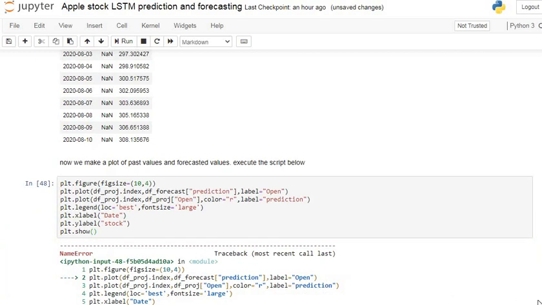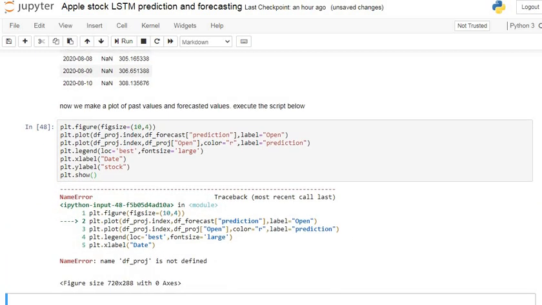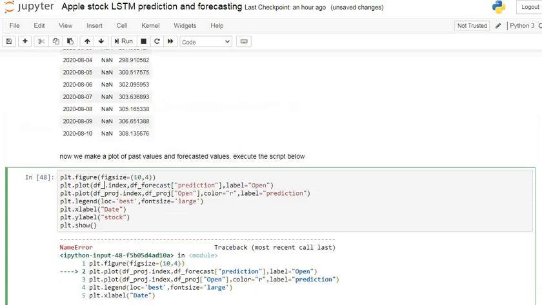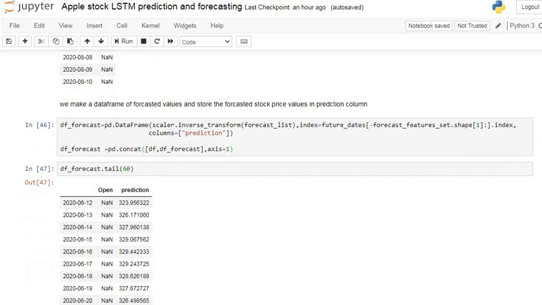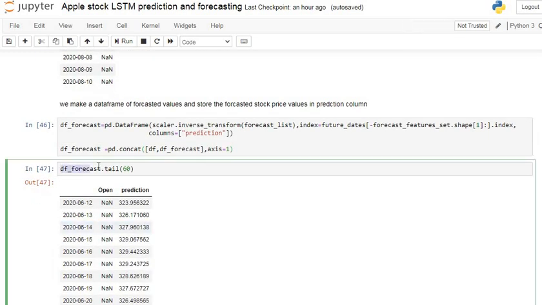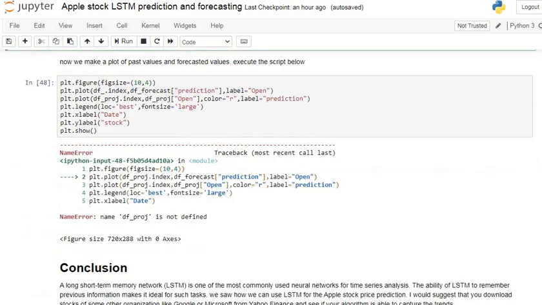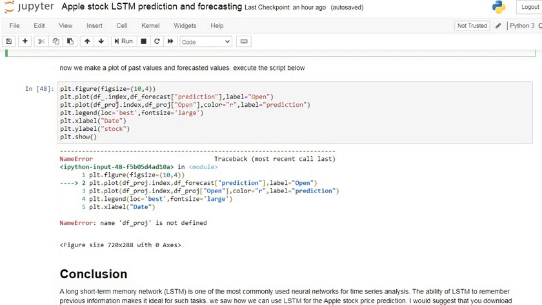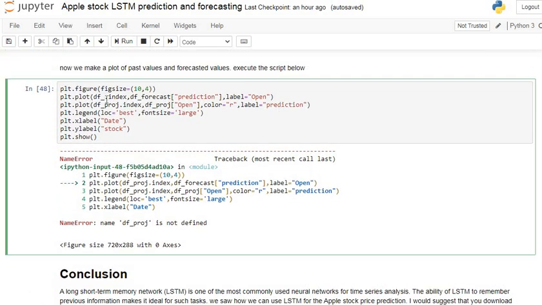Here we have some error. Actually there is one error. For that I have to just change this name and like this. So we have to just copy and just 1 second.